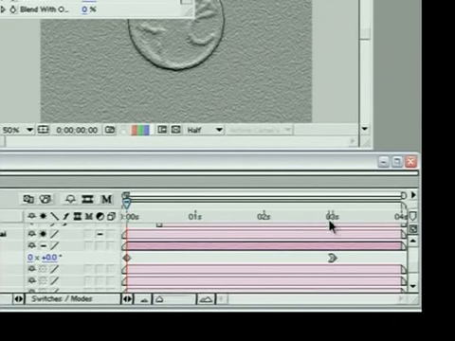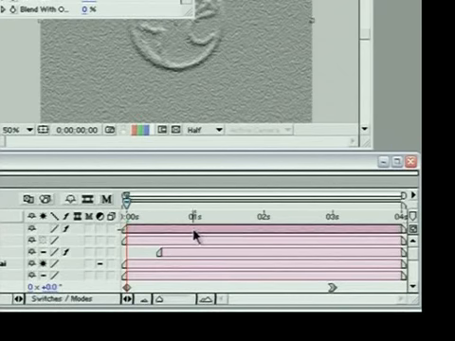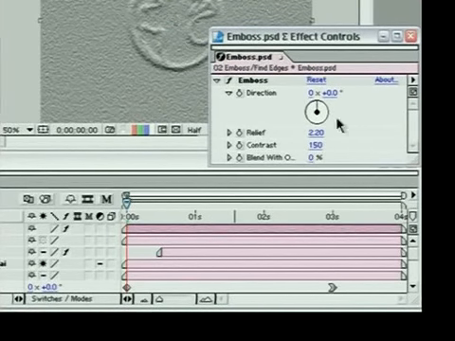So we know it's 3 seconds and we know it's set to an ease in. So let's just drag ourselves down the timeline so we can see our top layer, the emboss layer. This is the one we're working with. In the effect controls window, let's pull this down so we can see everything at the same time. We're at 0 seconds in the timeline, and I'm going to turn on a keyframe here for direction, starting at